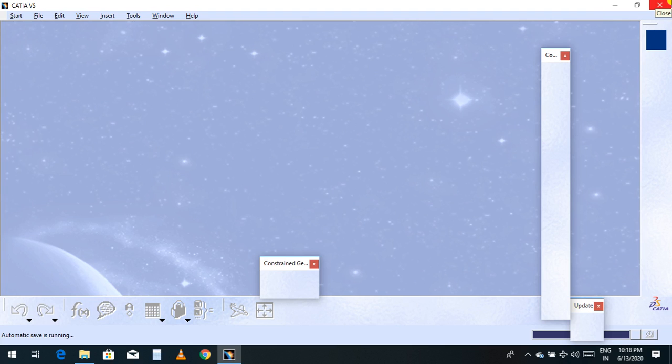Hello guys, in this tutorial 24 I will discuss fix together in a sketch in 2D. Fix together means that if you sketch some part and you have not given any constraint or dimension, and you select the line or sketch and drag or stretch it, the part will leave its position, which means it is unfixed.